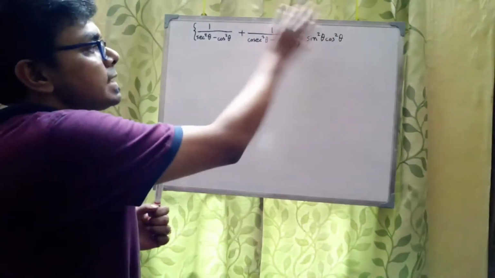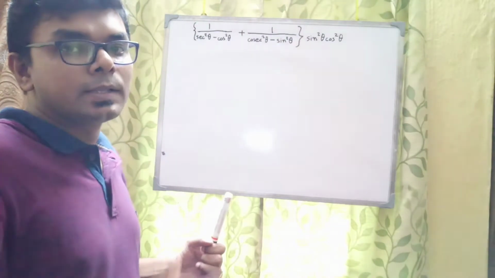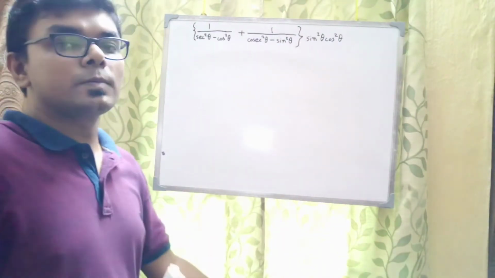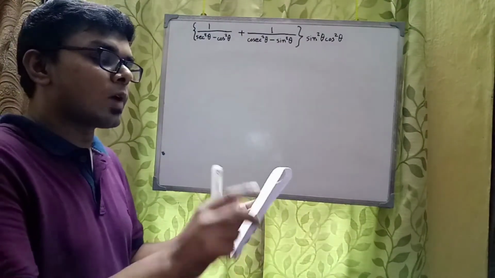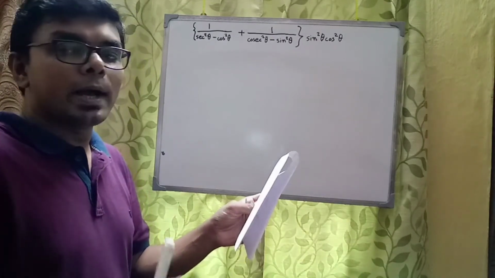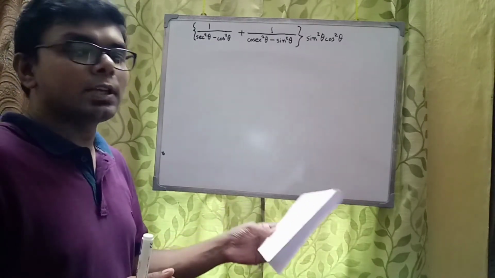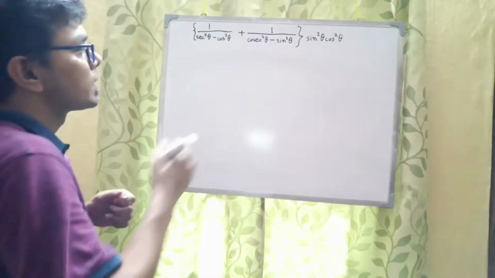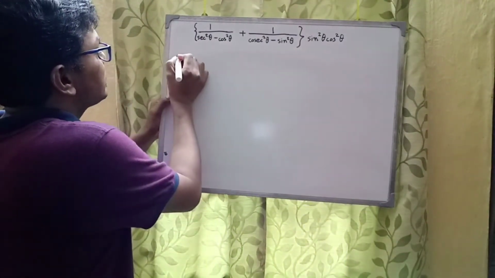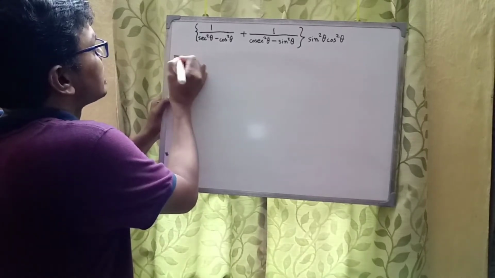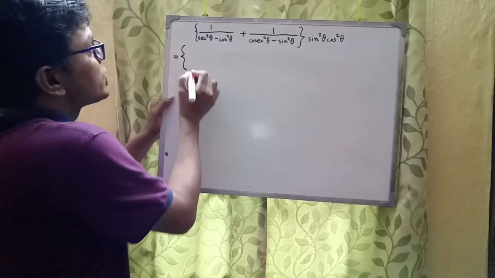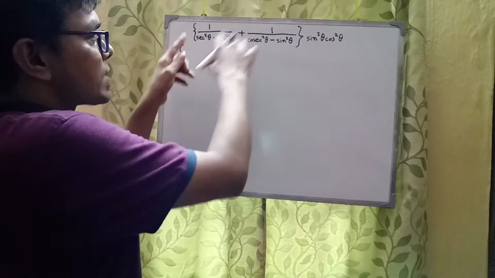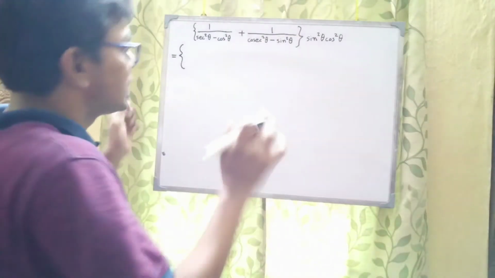So this is the left hand side, which I have already written for you. That has to be proven to be equal to the right hand side. The right hand side is 1 minus sin square theta cos square theta by 2 plus sin square theta cos square theta. So gradually we will reach that part. So let's start here with the very first thing which we are going to do, add these two fractional parts. There's no other way out. So let's do that.